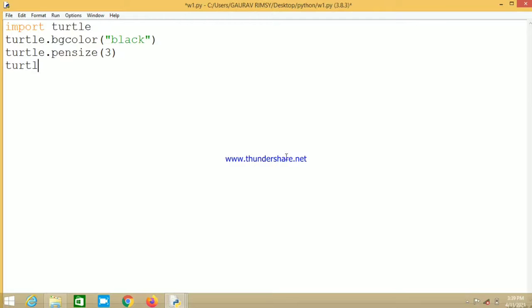Then we are using one method over here that is called turtle.speed, and I am giving the argument 0. The turtle.speed method is used in turtle programming to change the speed of the turtle by the value of the argument that it takes. Basically, here these are the different numbers. We are going to work on the fastest speed, so accordingly we are giving our arguments over here.